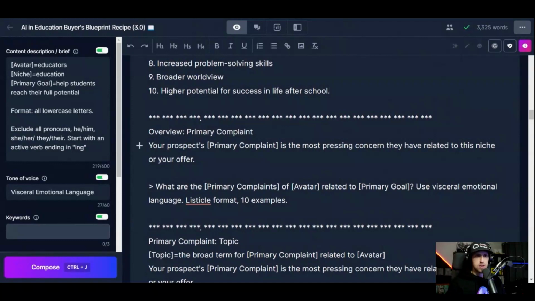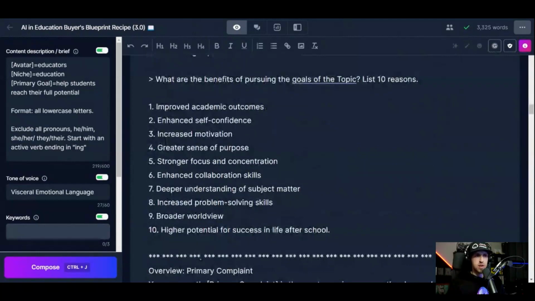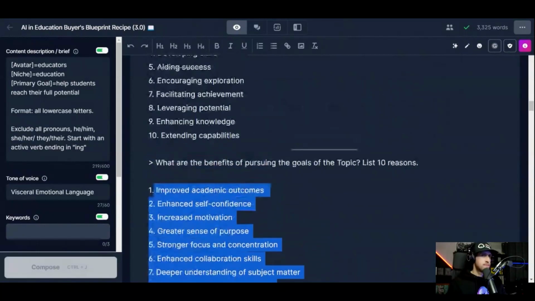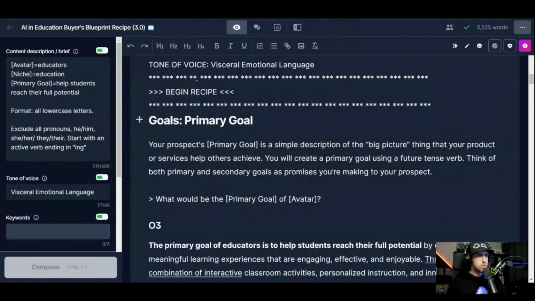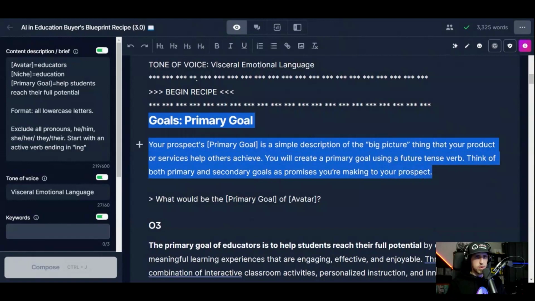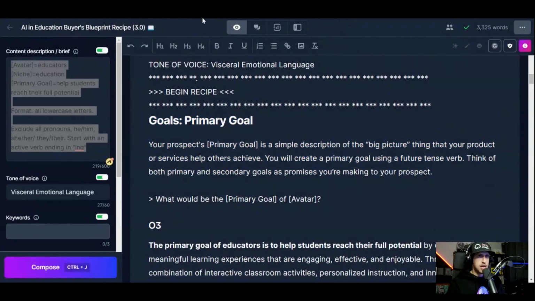So before we move on, once we start going through this and I show you some of the tricks of how you can approach this recipe, you'll see exactly how you can generate huge amounts of good content in a really short amount of time. The thing with the recipes, and why I obviously prefer Boss Mode and work a lot in here, is that once I've created the recipe, I don't have to retype and paste everything again with my own recipes. But the problem is now, if I'm in chat, which is not too much of a problem,